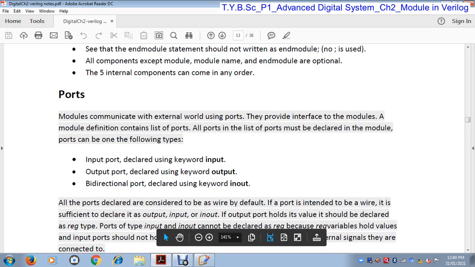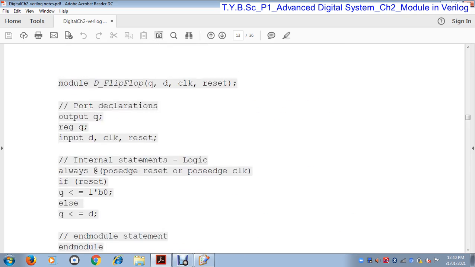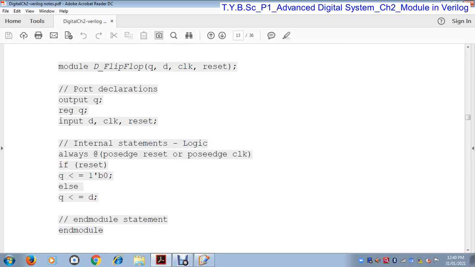Now there are three types of port: input port, output port, and bidirectional port. The input port is declared using the keyword input. Here in the D flip-flop module, input is a keyword, which means D, clock and reset are the inputs.